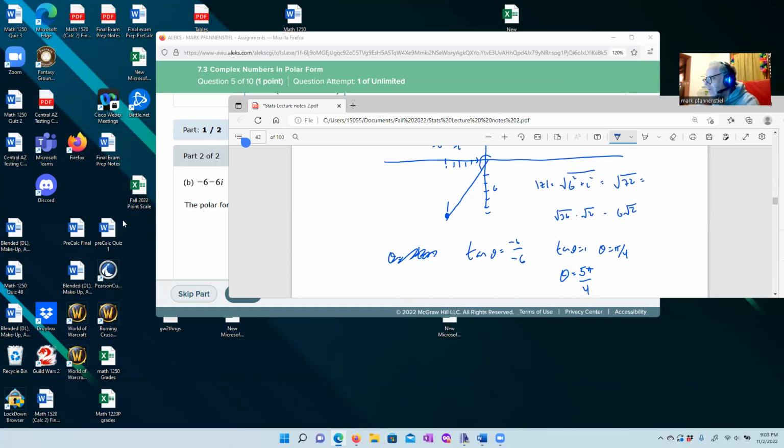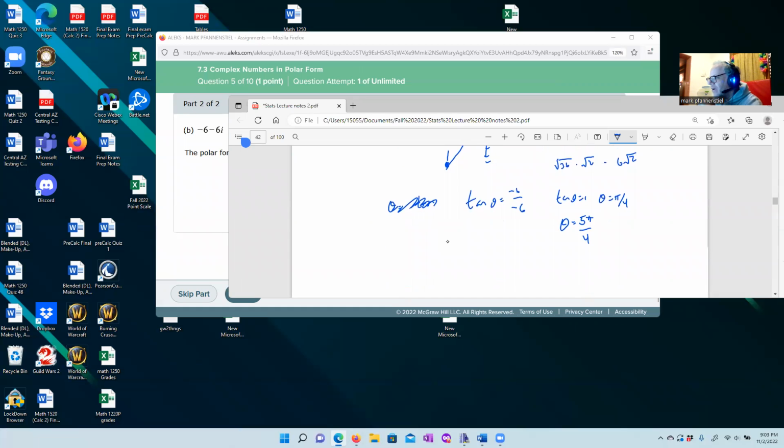So we're just going to say, okay, well, our polar form here is going to be 6 root 2, and then we have cosine 5 pi over 4 plus i sine of 5 pi over 4. And we'll know that the cosine is going to be negative because it's in the third quadrant, and the sine is going to be negative because it's in the third quadrant. And we'll get back to our original